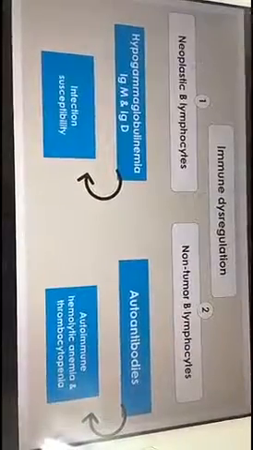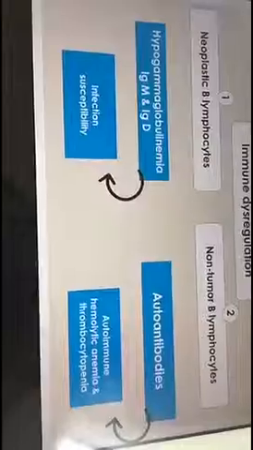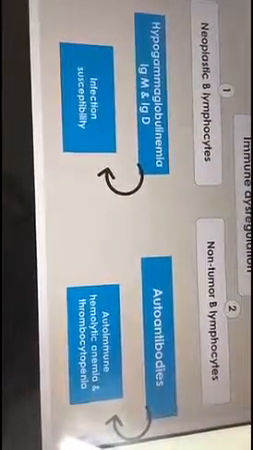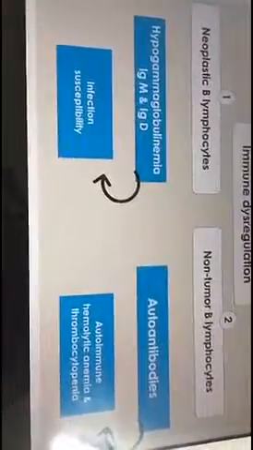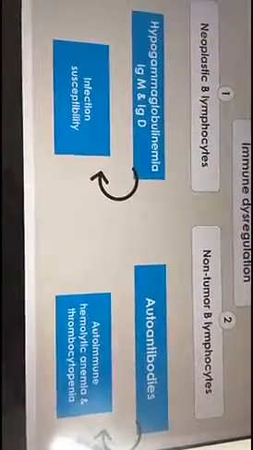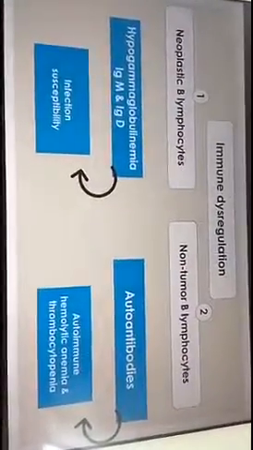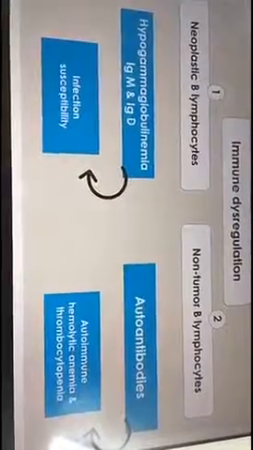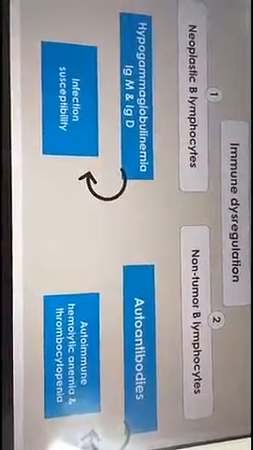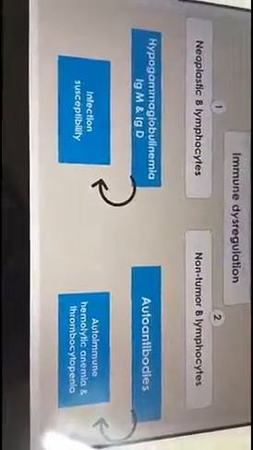So the tumor cells, since it's a neoplastic, so it functions abnormally. It will decrease the synthesis of immunoglobulin, especially IgM or IgD. The patient is susceptible to many types of infections. However, non-tumor cells will produce autoantibody that targets either RBCs, it causes autoimmune hemolytic anemia, or the platelets, it causes